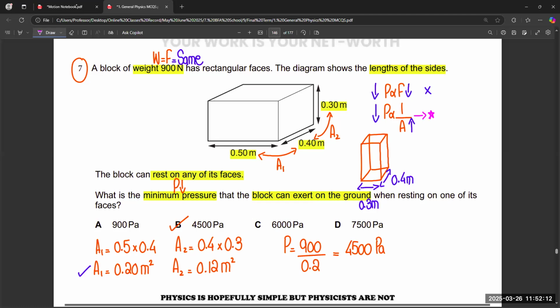because we required minimum value of pressure. So to find out minimum value of pressure, we have to select maximum value of area, right? Because when area increases, pressure decreases. So that's why we consider the greater area value. Okay. Next we have,